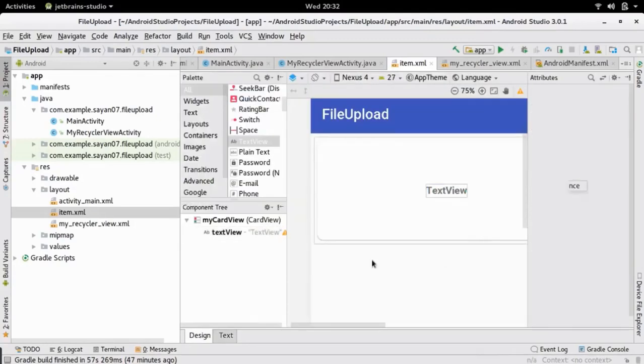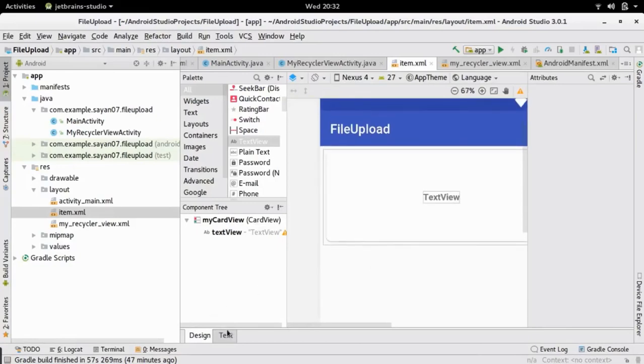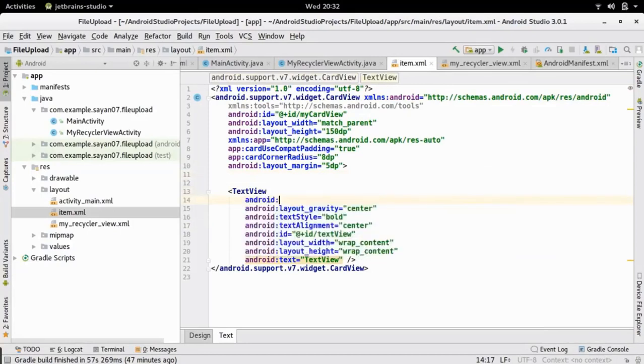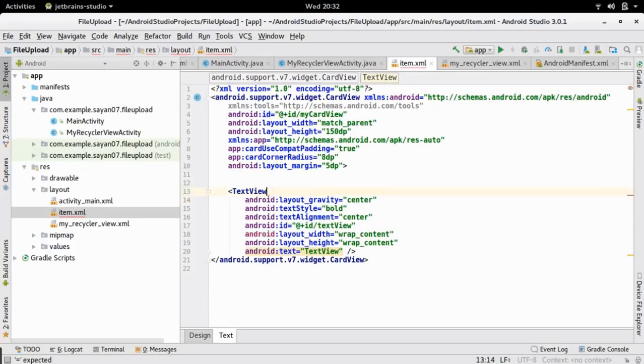Okay, so this is our text view which is placed at the center of the card. Provide an ID, an ID is already provided in this part, so change the ID to name of file. Okay,